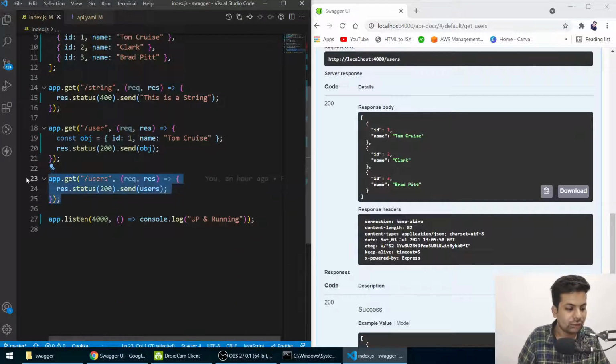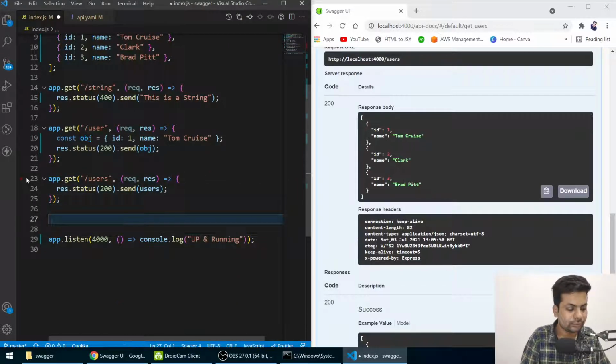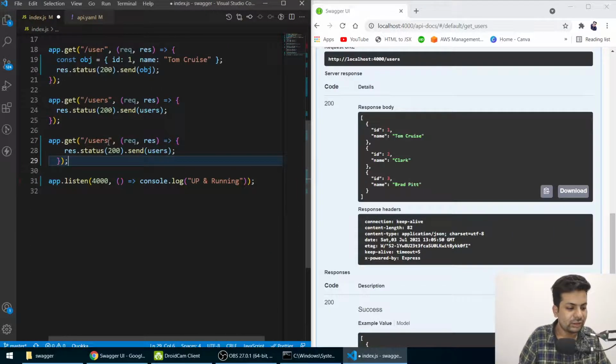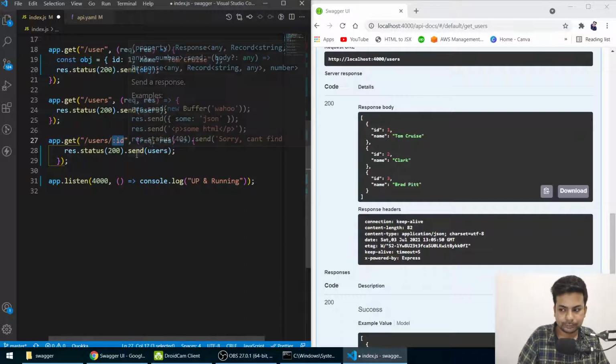So now we have to make this URL slash users slash id. I'll just copy this, paste it here, and we'll say slash users slash colon id. Whatever id I get will be captured in this colon id.